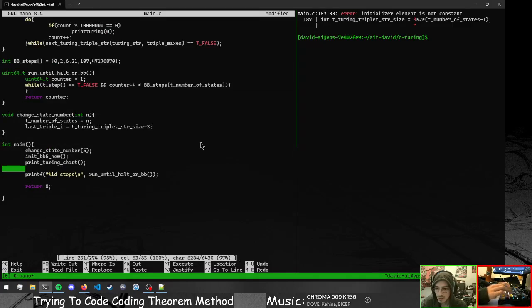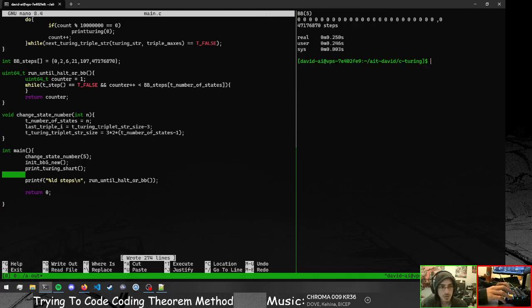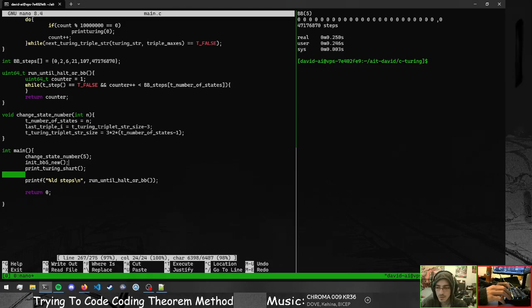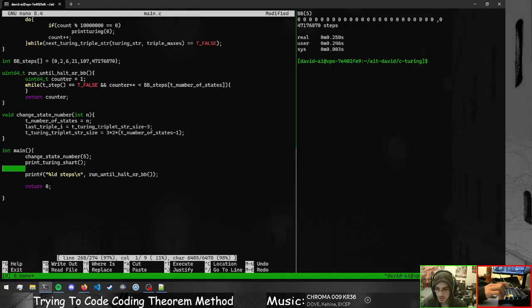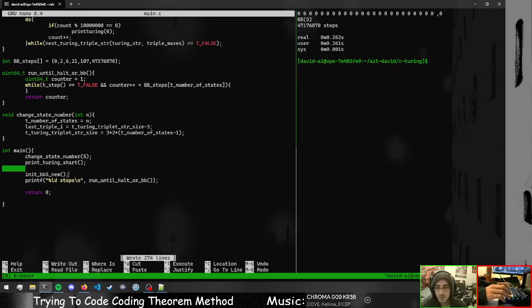Yeah, so right here. That's what we gotta do. And this. Well, that was interesting. So here we did init new. I should probably change this, right? Let's paste dot there, make it cleaner, and the print Turing chart,